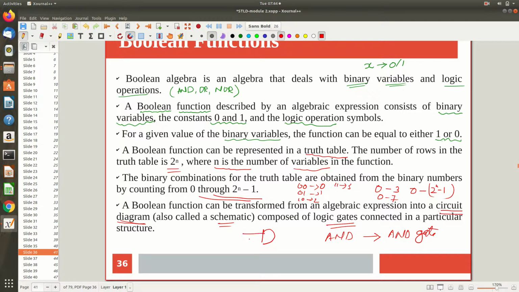So we denote an AND gate like this. This is something we saw already, and some output will be there. And what is this output? A dot B, right? So this physical device is going to do that for you. So whenever you are applying, say, 0 and 1, for example, this will be giving a 0 in the output, I mean a low in the output, something like that. So like that you can implement the gates.